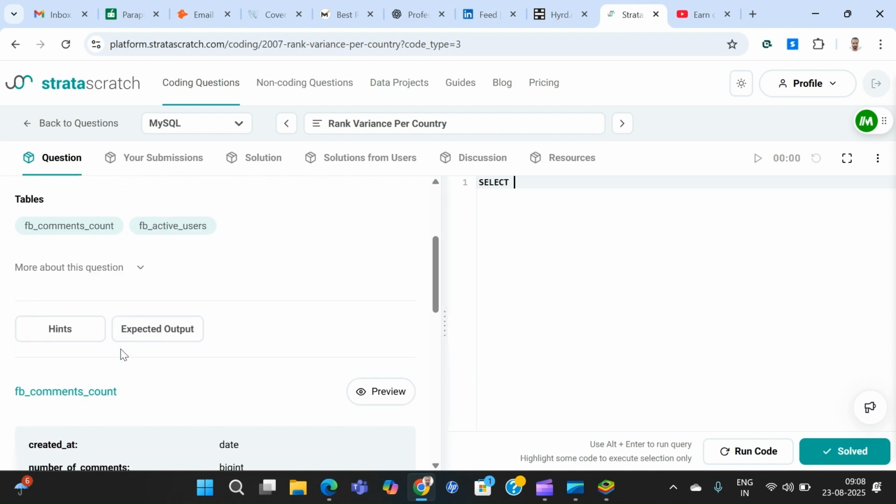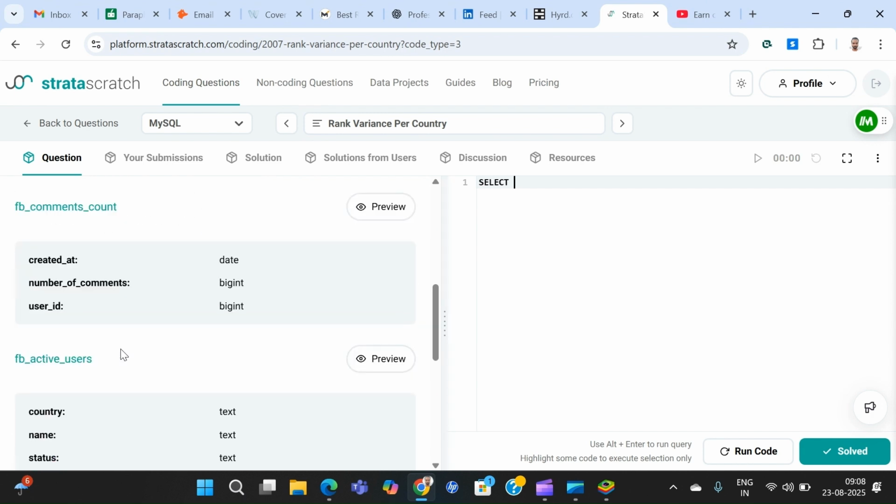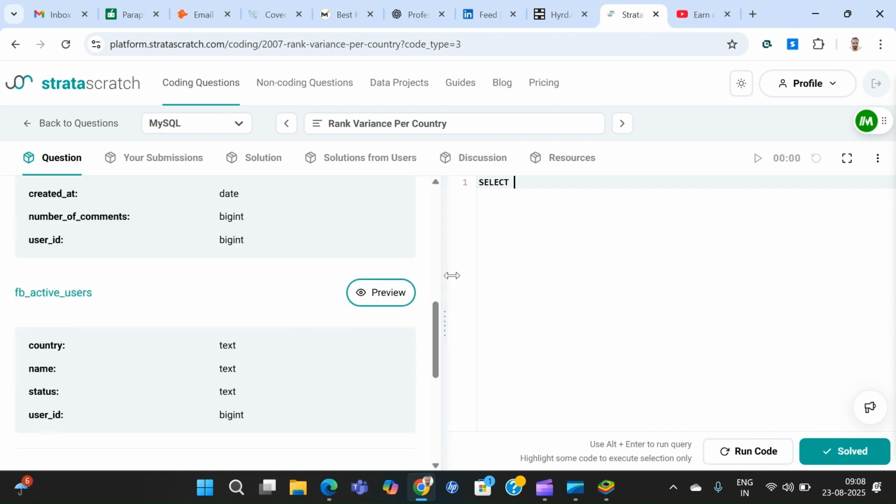I'll start with this. Select, we have to show countries. So country is available in FB active user, so I'll label it u dot country, and now I'll use case statement. So case when,